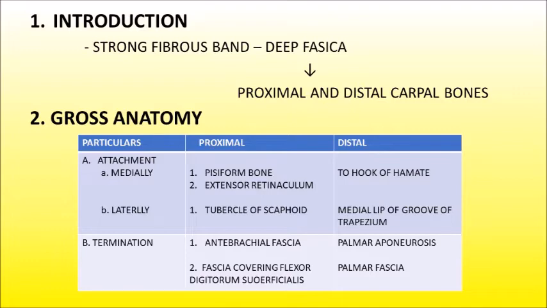To start with its introduction, it is a strong fibrous band of deep fascia connecting the proximal and the distal carpal bones of the medial and lateral side. To move on with its gross anatomy,